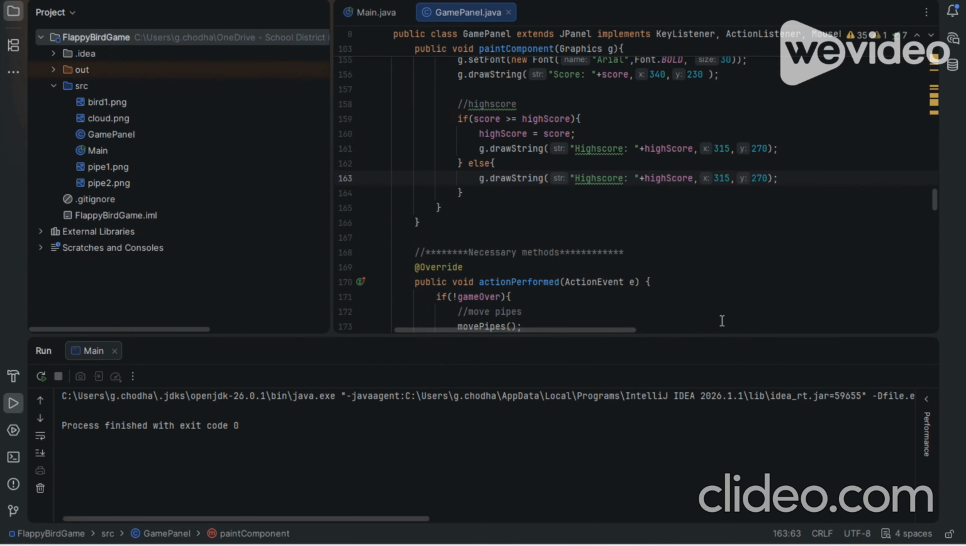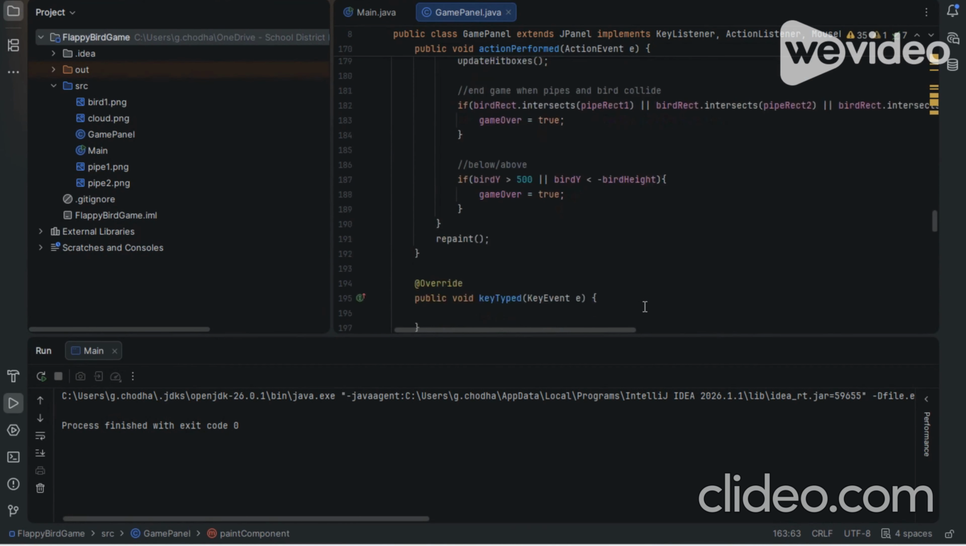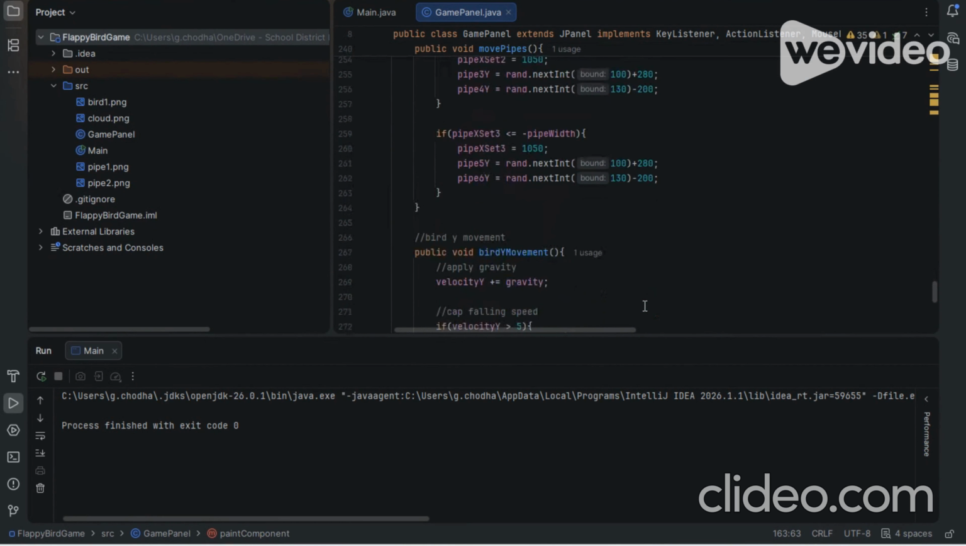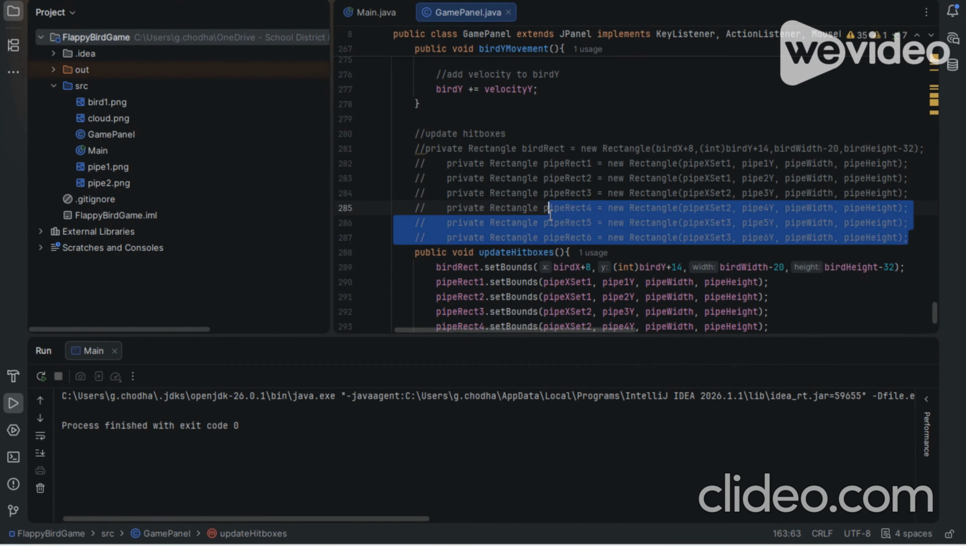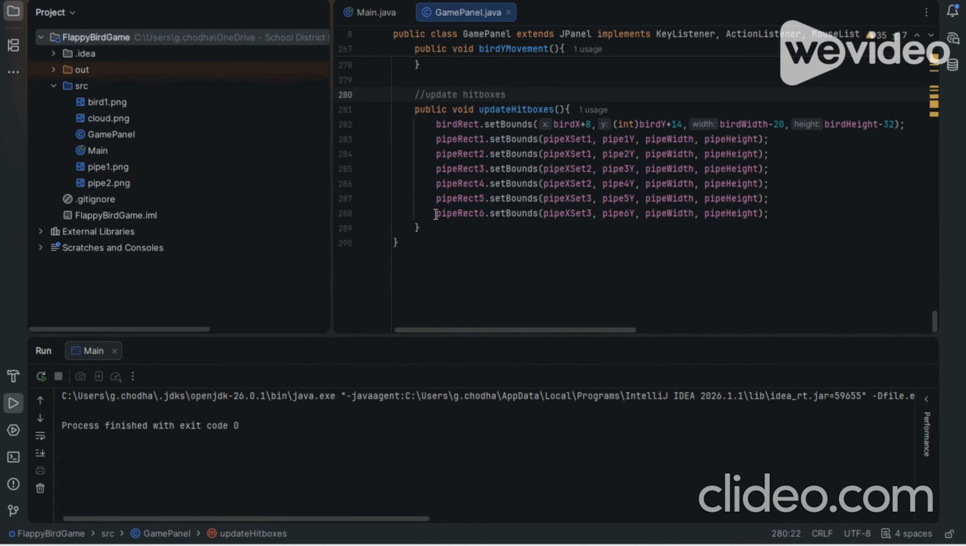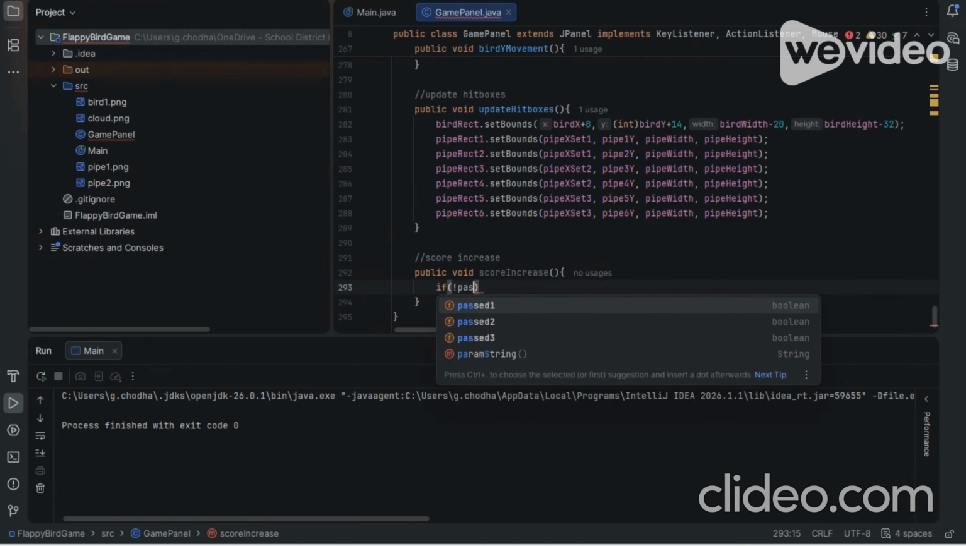Okay, now let's make a function to increase the score. We're going to do that over here at the bottom with our other functions. We're going to write public void score increase. And then we're going to make sure that whenever the bird passes halfway through the pipe, the score increases by 1. Here the pass is already set to false, so we're going to write if the bird has not passed yet,